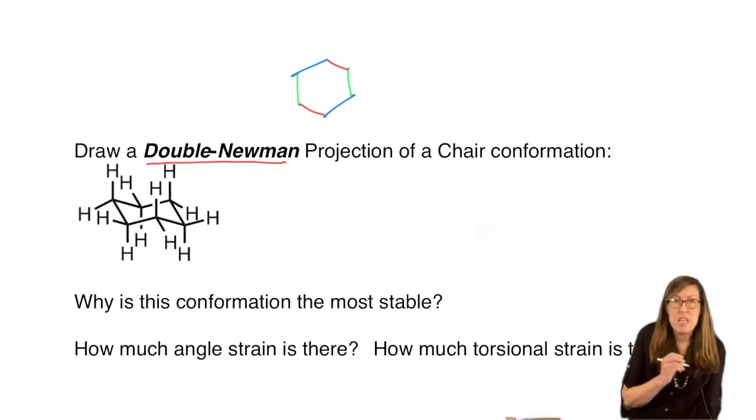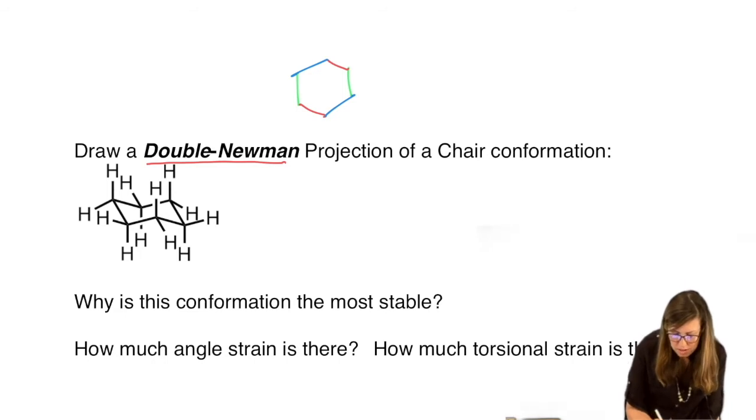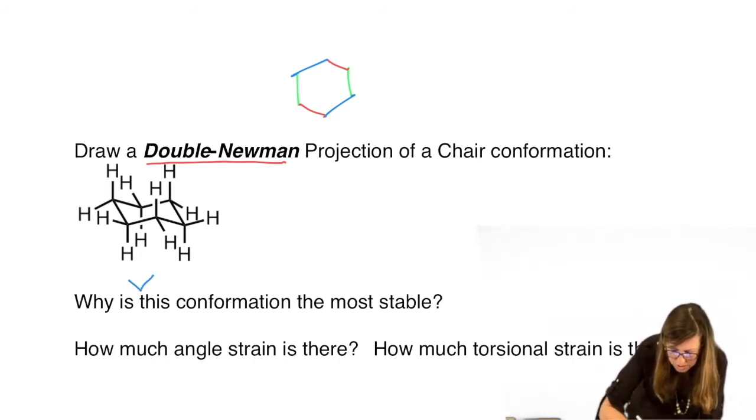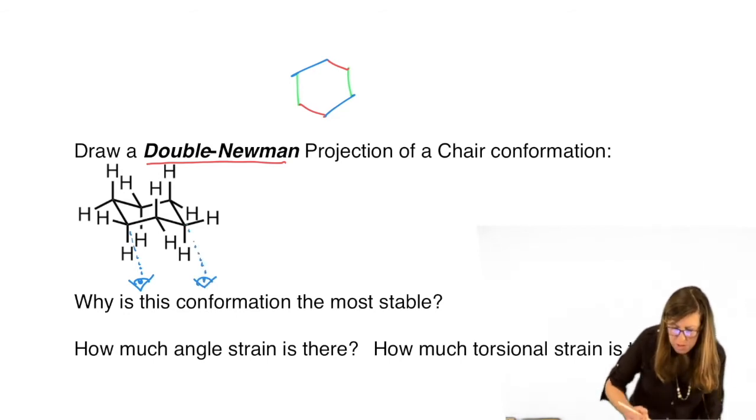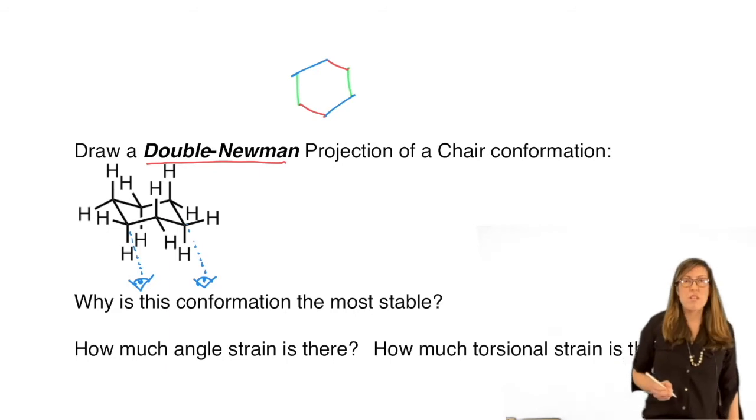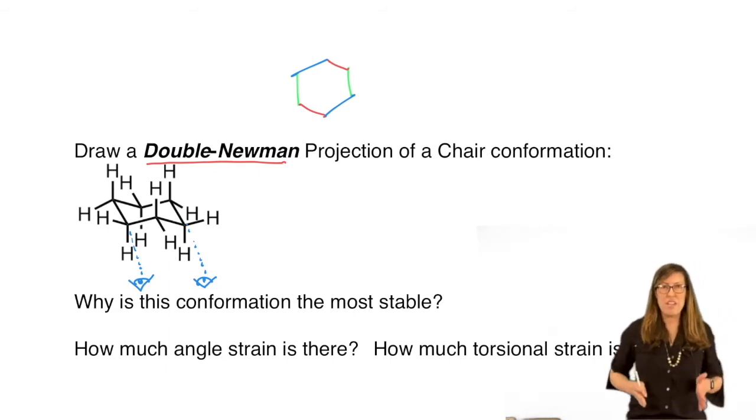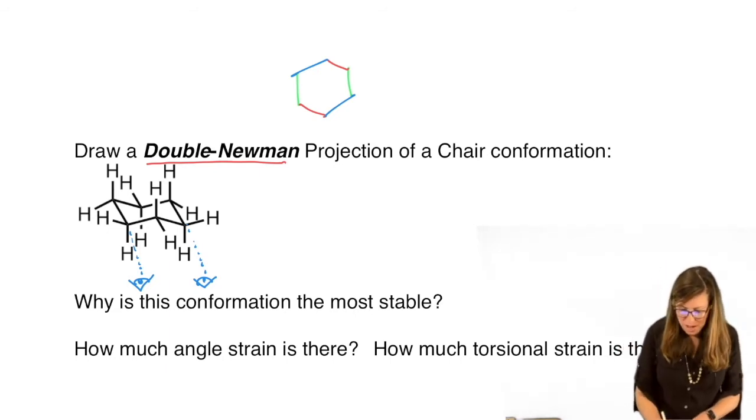Now, there's many ways we could put our eyes. Let's start this way. I think it's easiest to start here, but you might be asked to do it specifically a different way in some of your problems. So you want to be able to move around the ring. But because this is our first time, we'll do it from this angle because that's where you're kind of looking at the paper. So sometimes it's easier that way.